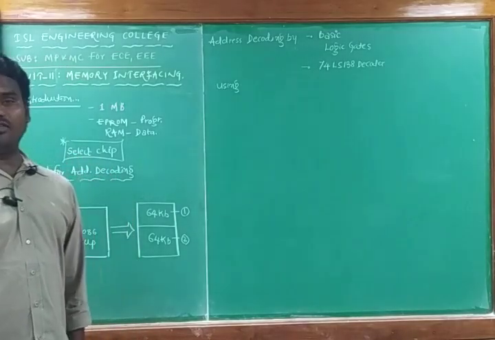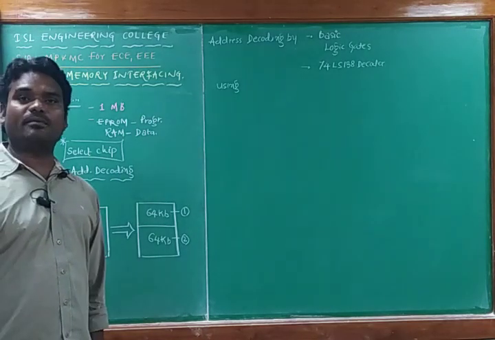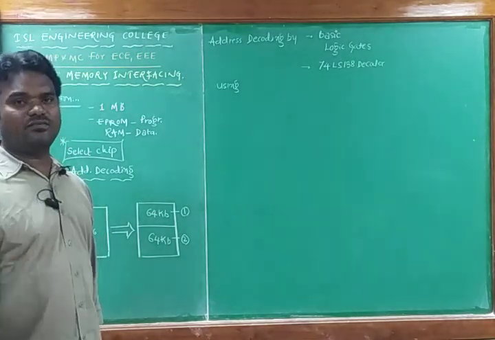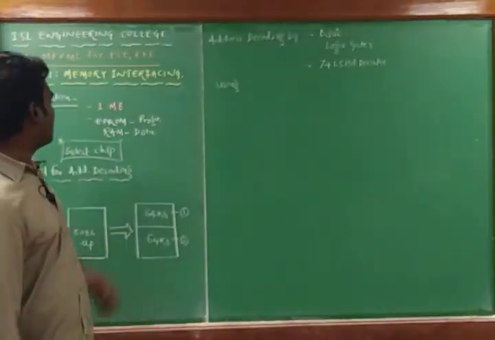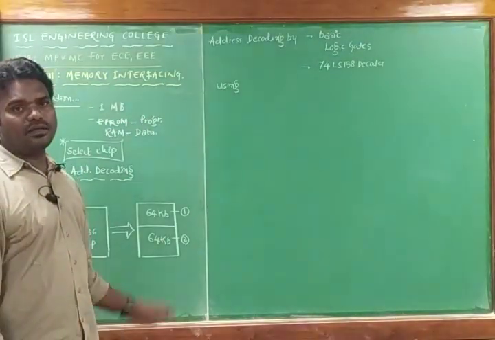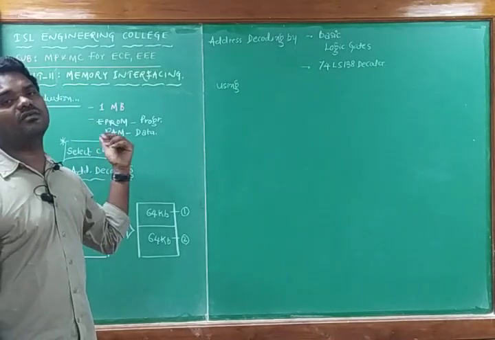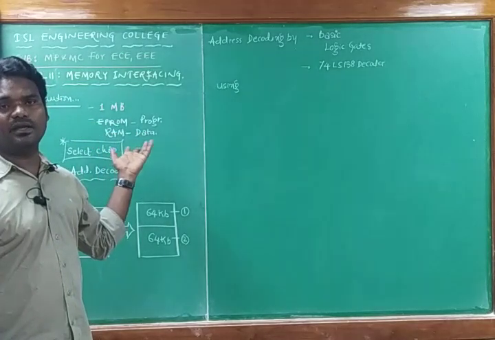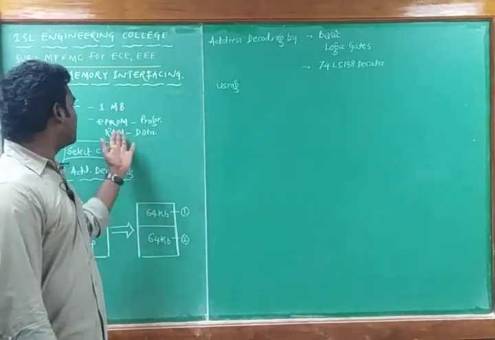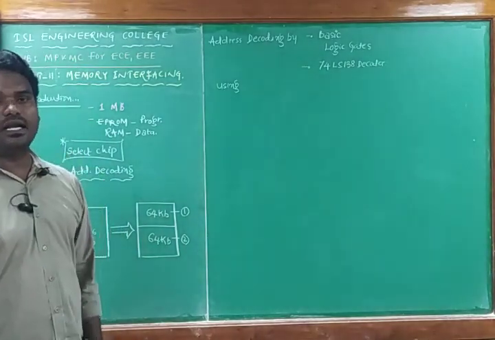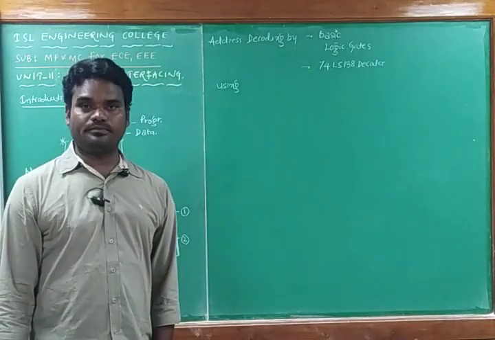And we can have RAM and ROM, and in each we can have various classes. ROM can be PROM, programmable read-only memory, EPROM, erasable programmable read-only memory, and EEPROM, electrically erasable programmable read-only memory. Whereas RAM, which is used to store the data, has two types, that is static RAM and dynamic RAM.